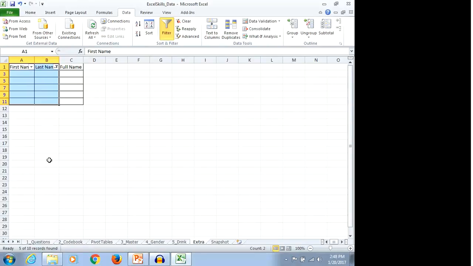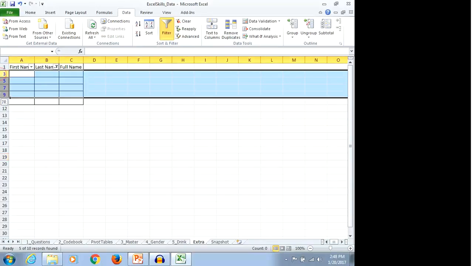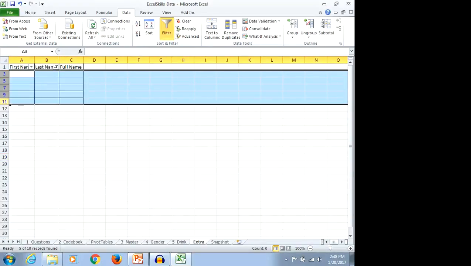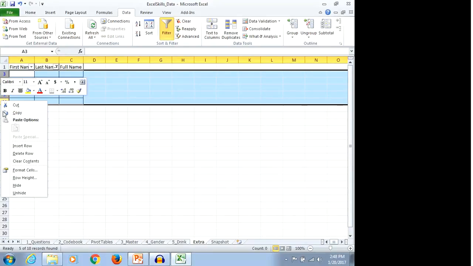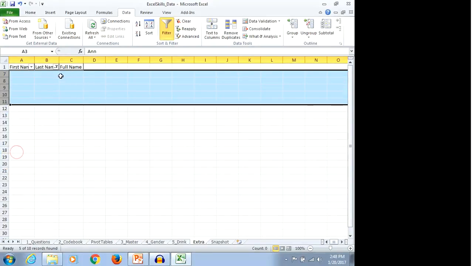It's now just getting to those folks. And then I come here and I select those rows. Then I right click and say delete rows. So now when I unpress the filter,